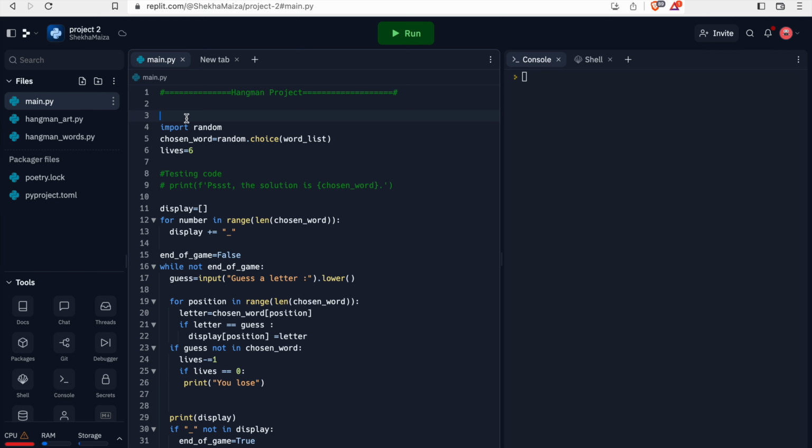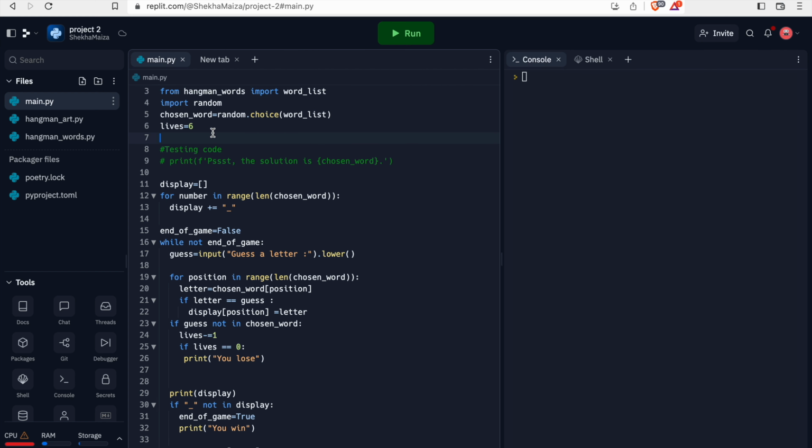For that, we will type from hangman underscore words import word list, and